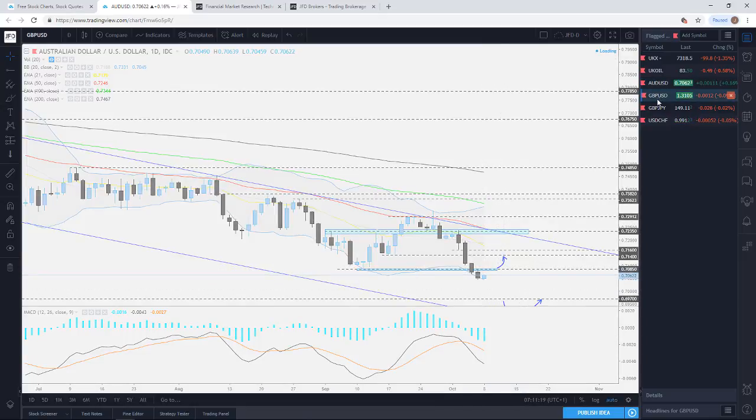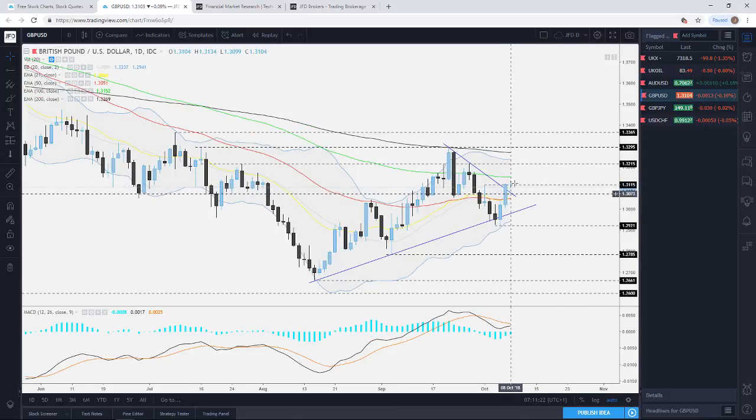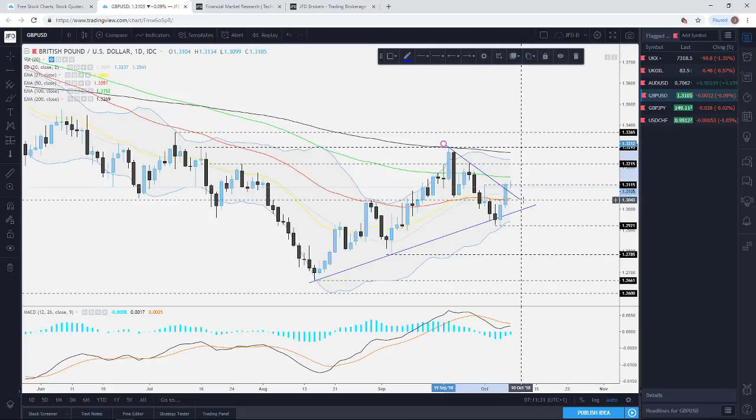Jumping into GBPUSD. Nice move here to the upside on Friday, currently stuck around the 130.115. To be honest, not much to talk about here at the moment. This continues to look quite bullish. We've broken this short-term downside resistance line taken from the peak of the 20th of September. So if we get a nice push away from the 130.115 to the upside, then yep,